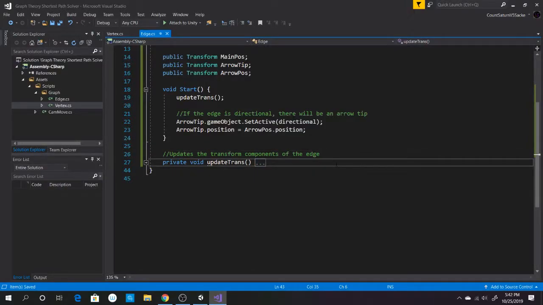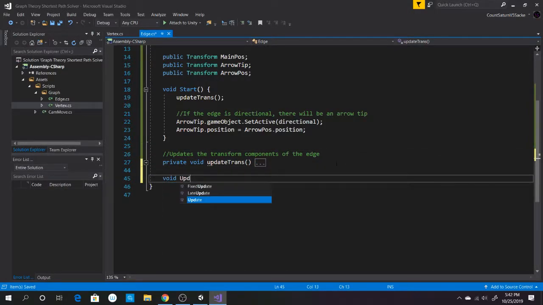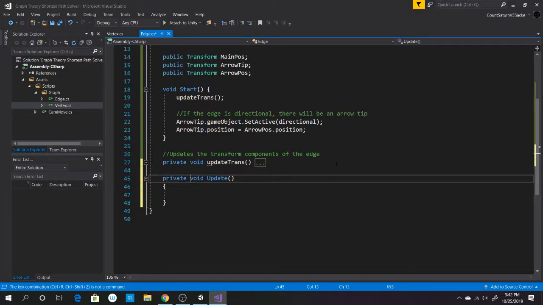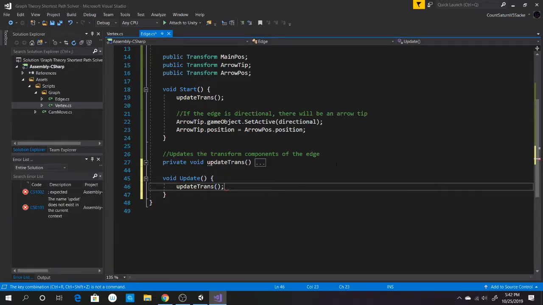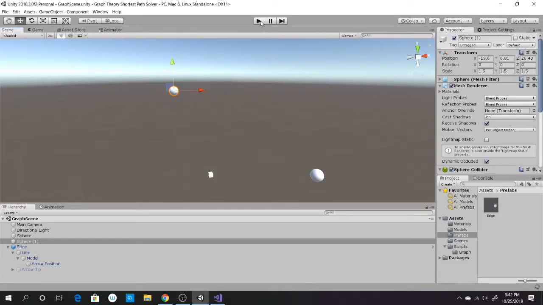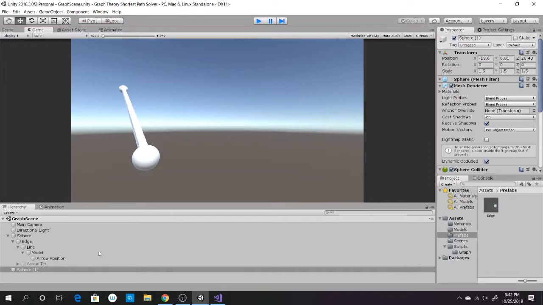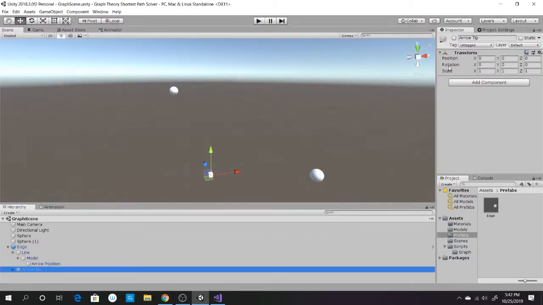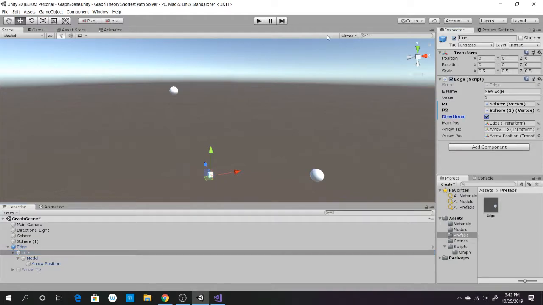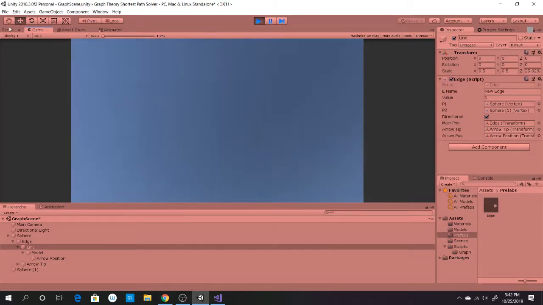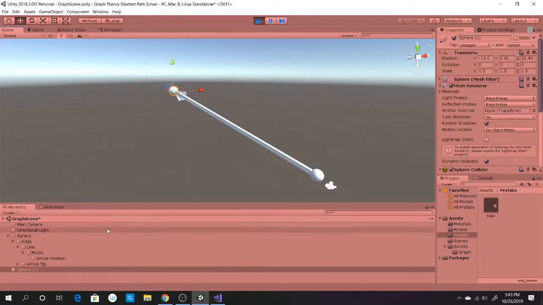But just as a little test, I'm going to do a void update kind of thing. Void update like this, and we're going to call update trans inside of this, so that I'll see how well it does in updating in real time. And I actually would like to see the arrow tip, where it is. They're directional, and I would like to see how it looks when we go into the scene and change the position of